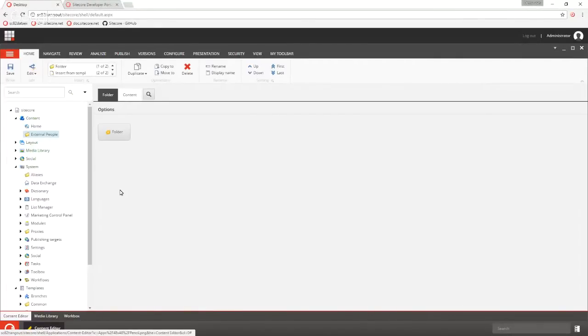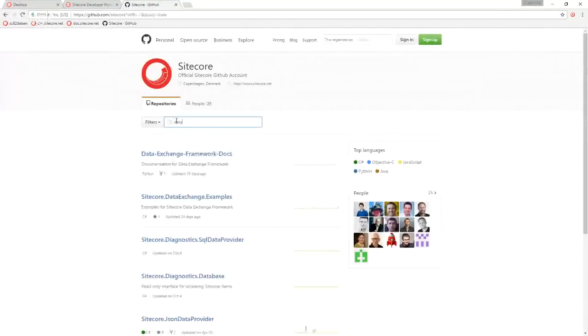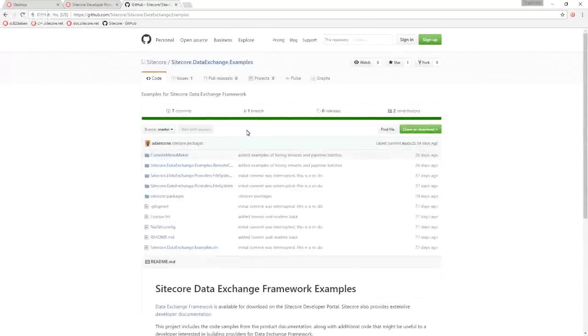What I don't have installed already though is a provider that's able to read information from a file. For that, I'm going to download a provider from GitHub. Over in GitHub, if I search for data exchange, we've got a project called Sitecore.DataExchange.Examples. This is a sample provider for the Data Exchange Framework. Specifically, it's a provider that lets you read from text files.